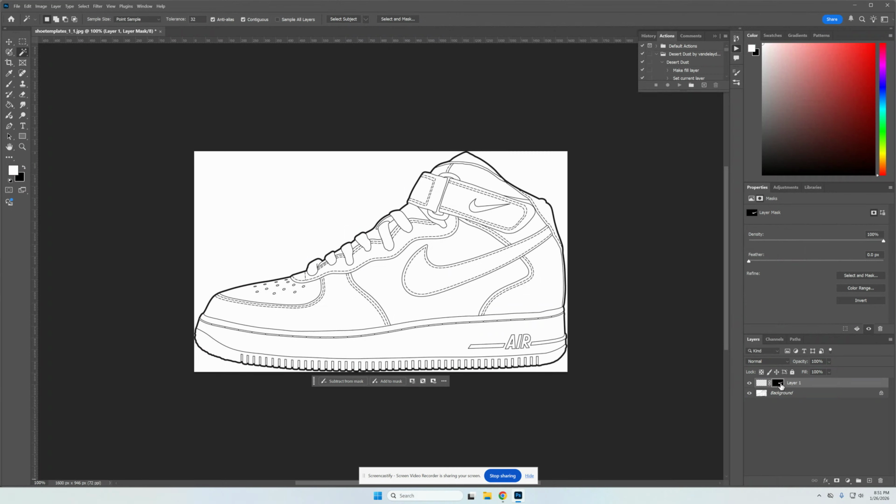So here I can see that anything that's on this layer is only going to apply on what's white here on this layer mask. So I can grab my paint bucket tool, which if you don't see it right away, it's behind the gradient tool. So right click paint bucket, and let's say, just for the sake of this,